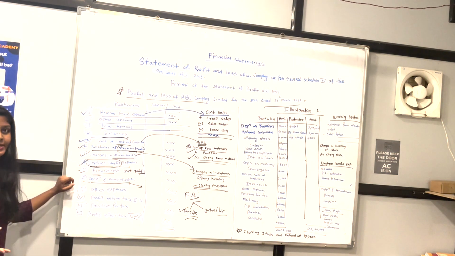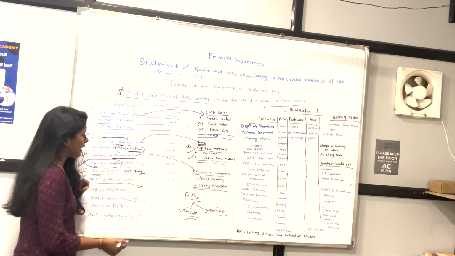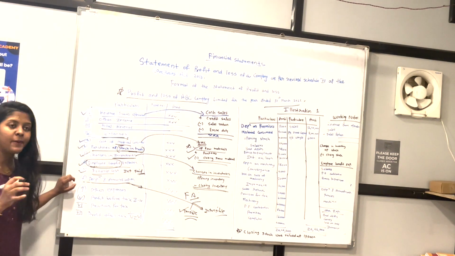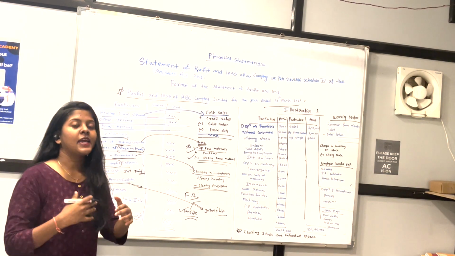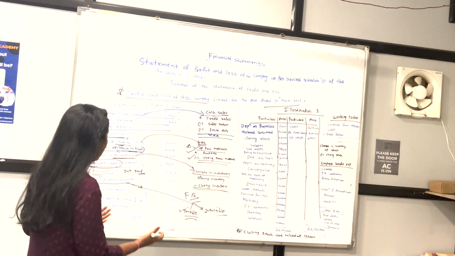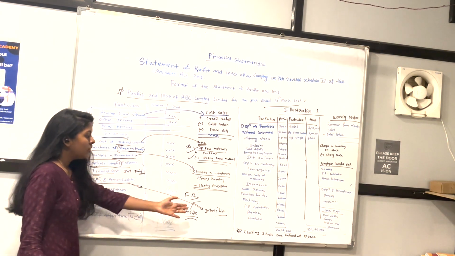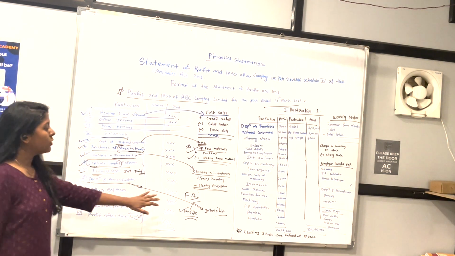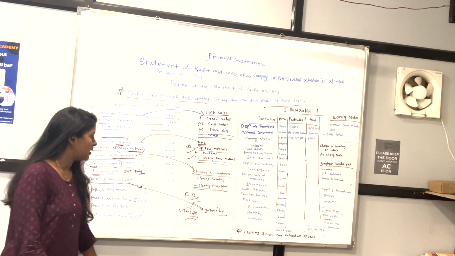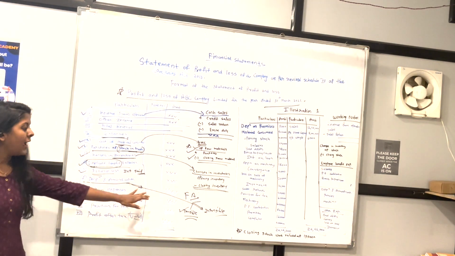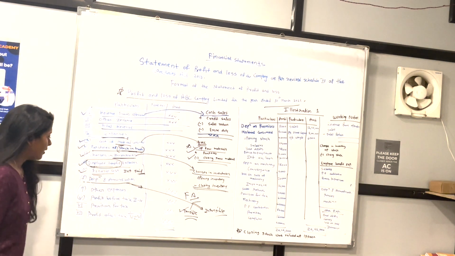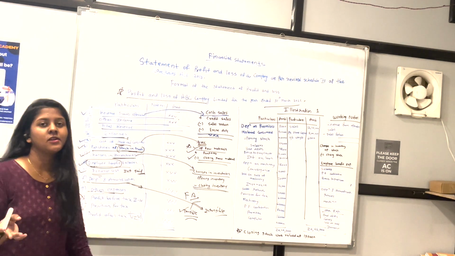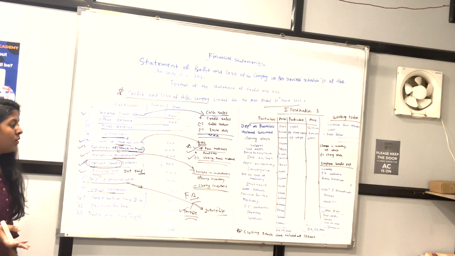Like machinery, premises. Intangible assets we calculate for amortization, like patent, goodwill, trademark, which we cannot see or touch. So assets are classified into two categories, tangible and intangible. Tangible is for depreciation and intangible is for amortization. Then other expenses. These are any other expenses like conveyance, electricity charges, bad debts, etc.